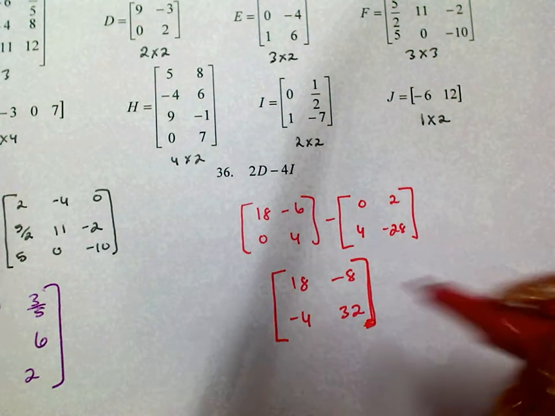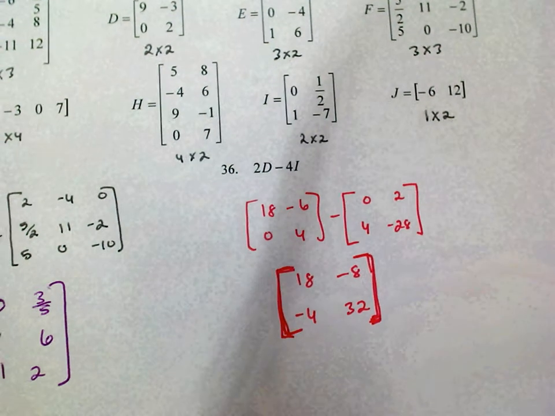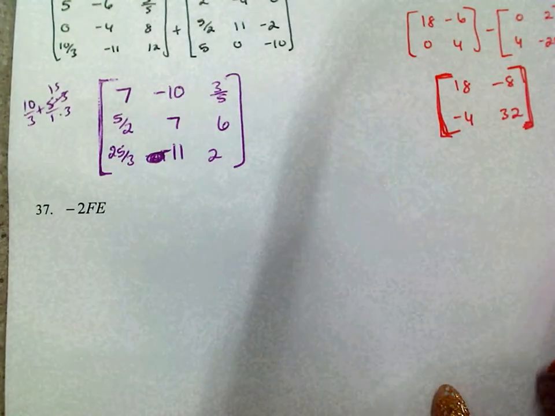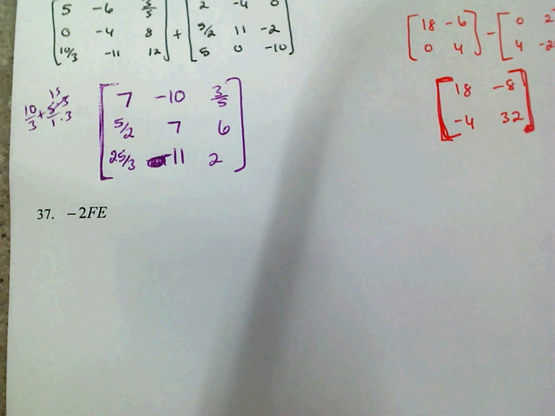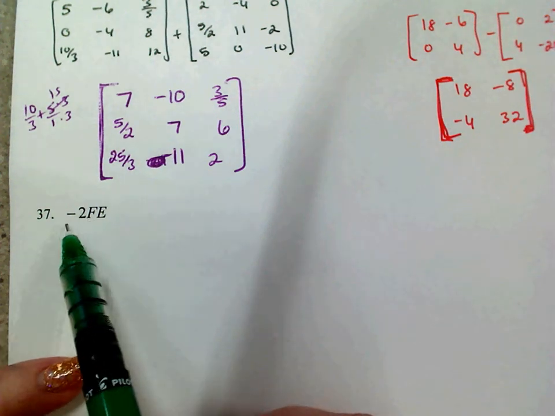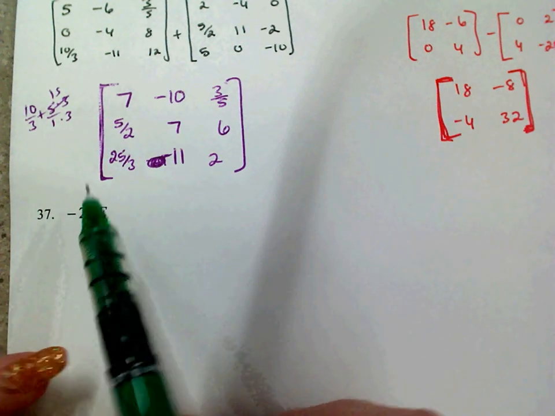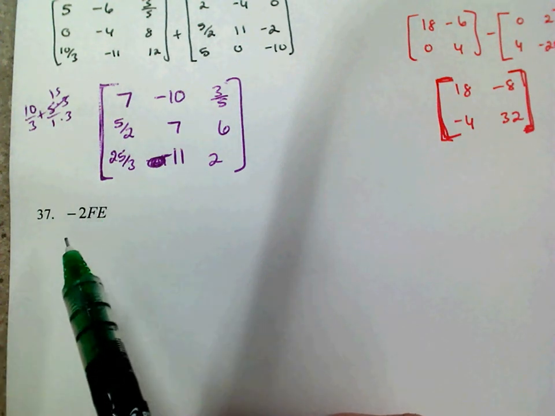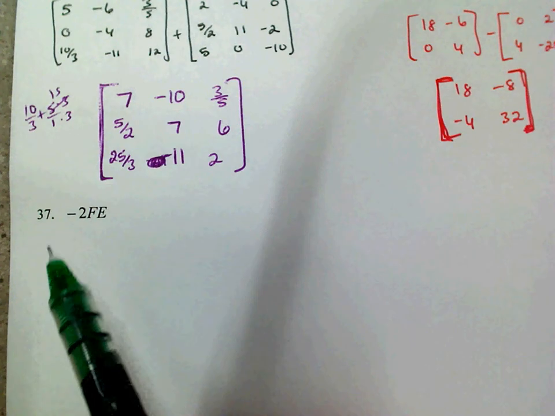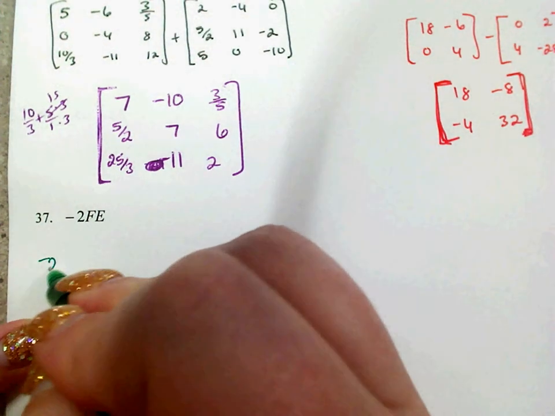Okay. On negative 2FE. So what we're going to do is we're going to multiply. You could actually multiply negative 2 times F, or you could multiply negative 2 times E. You just don't multiply it times both of them, or don't distribute it anyway. I'm actually going to leave the negative 2 to the end just because I like to keep the numbers smaller inside the matrices. So negative 2 times F, which is